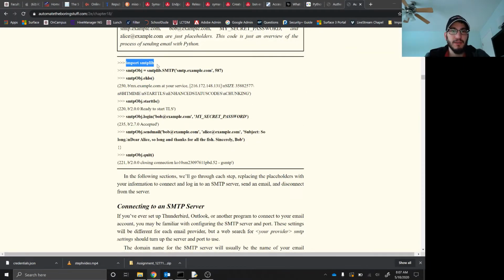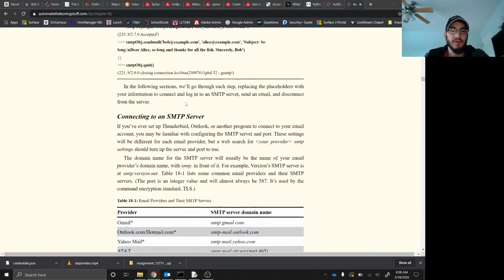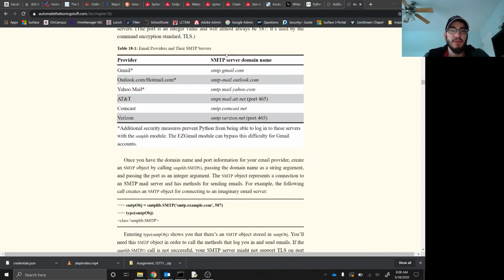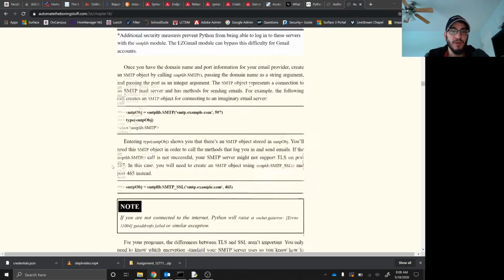You had to connect, import smtplib. You had to connect via a specific port. You had to send the EHLO and then start the tunneling and then log in and then send the email and then quit. So some of this is a little bit more networking, like why this specific port, well, it's all this stuff. And then depending on who you were logging in as, you had to go with a different SMTP server name